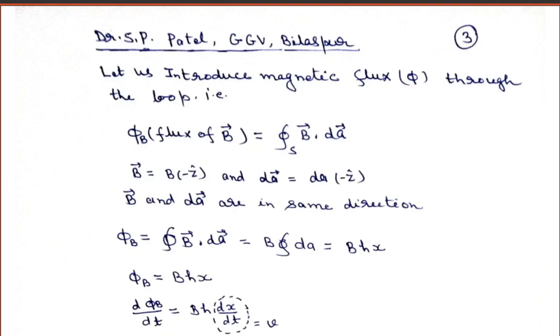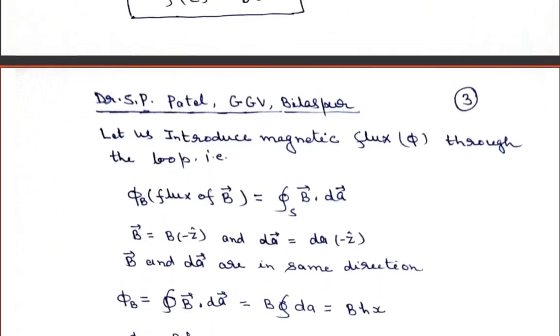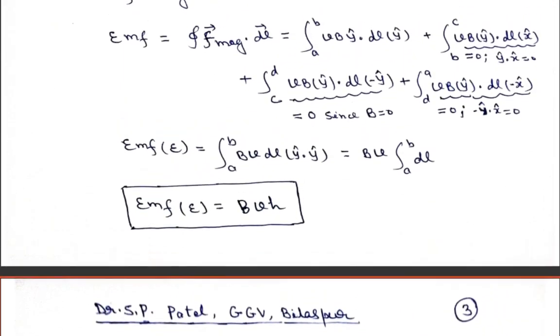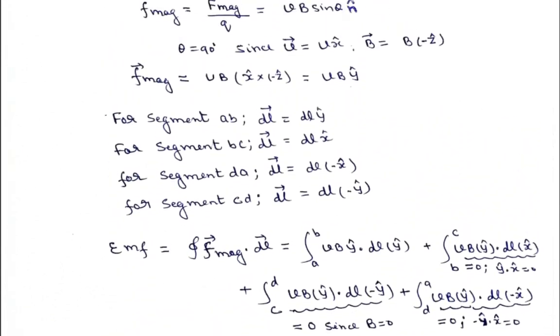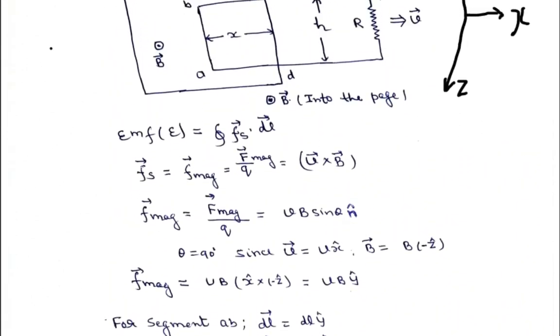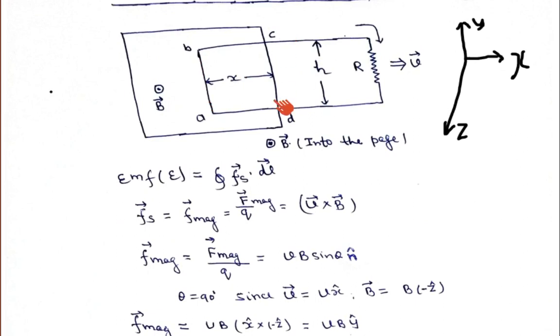We have learned earlier also the concept of magnetic flux through a loop. Here in this case also, if you see, ABCDA, a loop is there, and this loop is basically present in the magnetic field. This part of the circuit is present in the magnetic field when we are moving this circuit with velocity v. So basically, this area of the loop is changing.